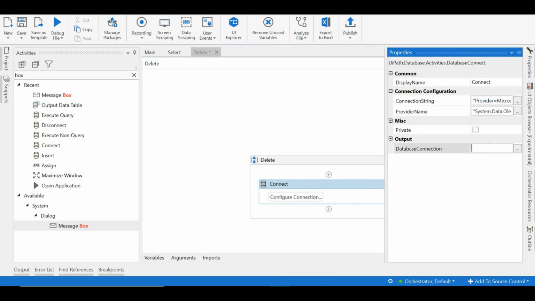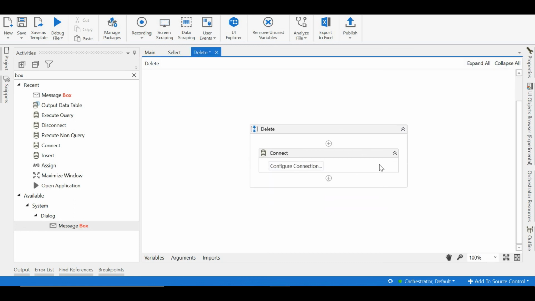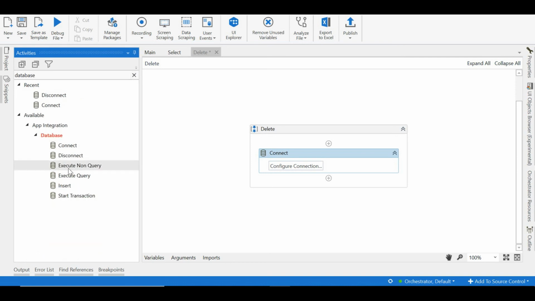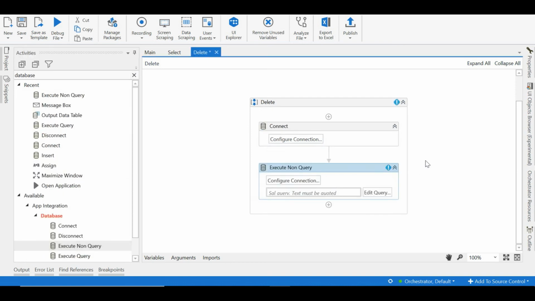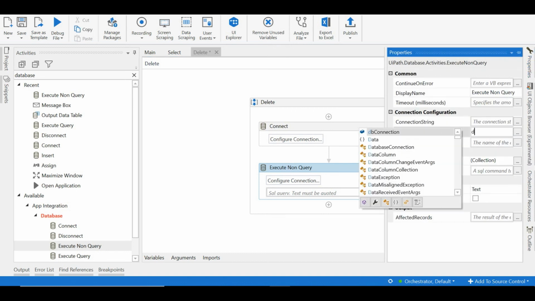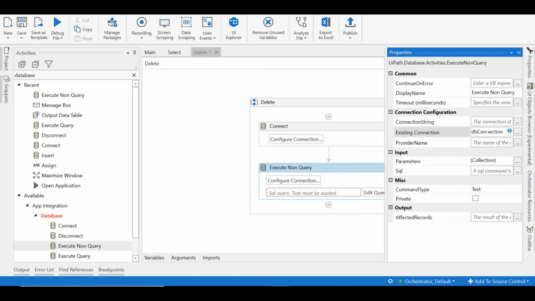Next I need an execute non-query. I'm dragging the activity into the designer panel, and as usual I'm passing the connection variable. Perfect. Next I need to write the query.